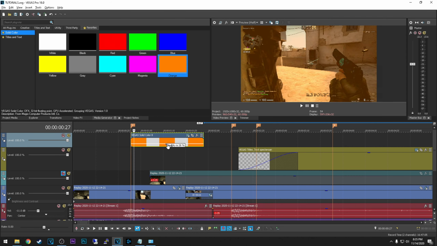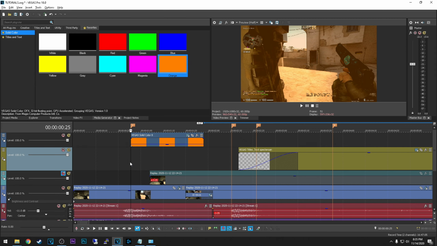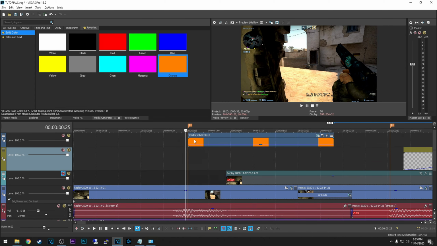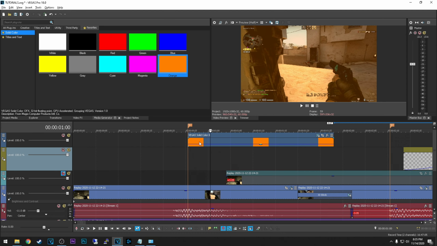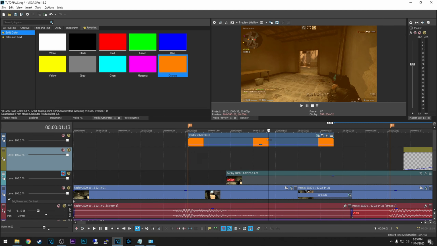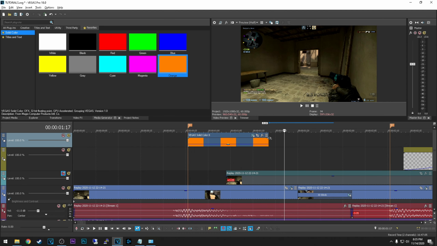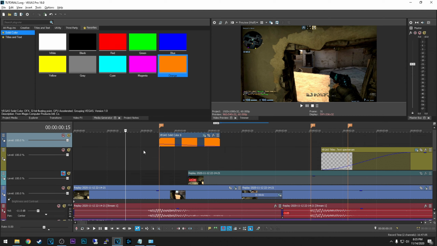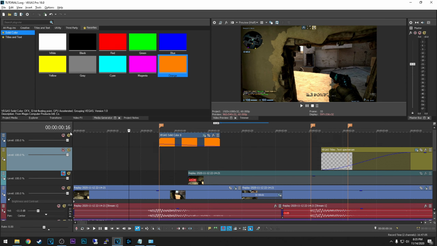I don't know, let's keep it 25% or 26, whatever. And you will see that once my player line here reaches this solid color, it's going to look like this. So what you can do is fade this out, and it's basically going to look like a random effect that you've just used from video effects.